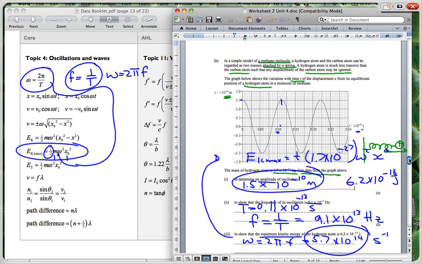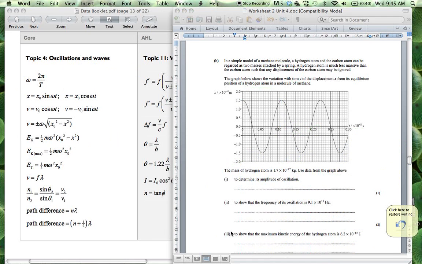Now, just a point on significant figures. Looking at this, I need to put these in as two significant figures. All our values on our graph are two significant figures, so we would make that our most accurate answer. Okay,